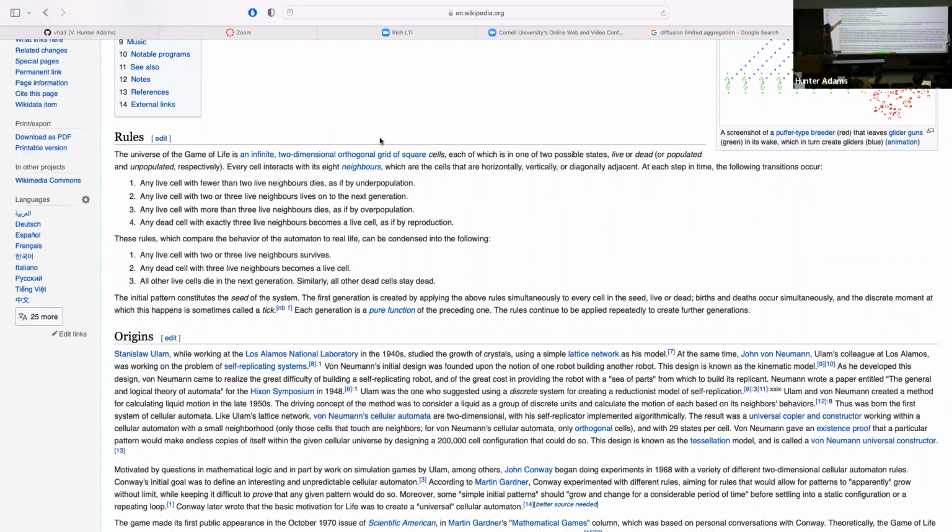If the cell is alive and 2 or 3 of its neighbors are also alive, then it survives the next generation. It stays alive. Alternatively, if a cell is dead and it has exactly 3 neighbors that are alive, in the next generation, it transitions from dead to alive, black to white, whatever, it changes state. And all other live cells die in the next generation, and all other dead cells stay dead.